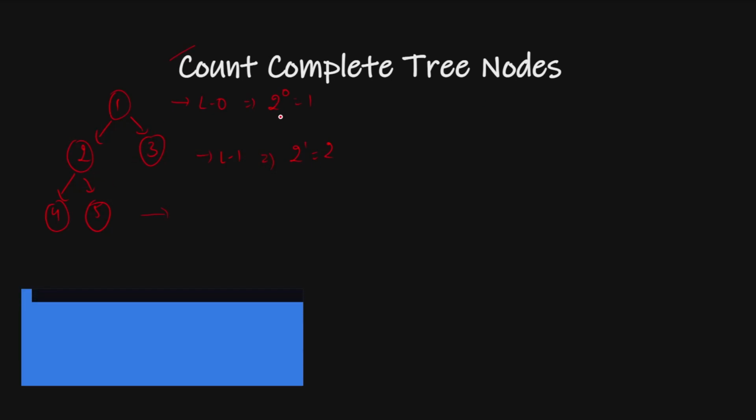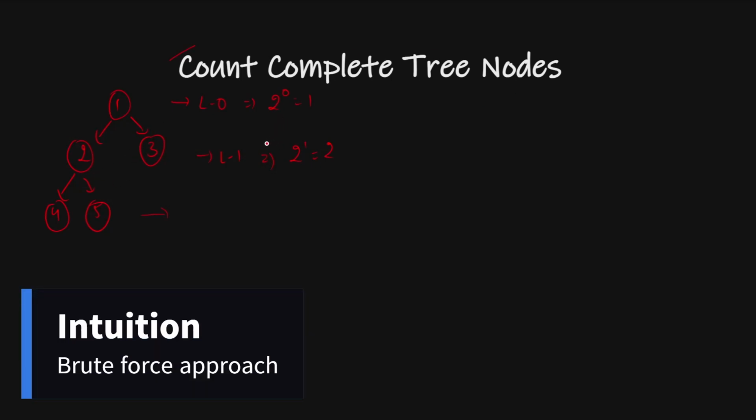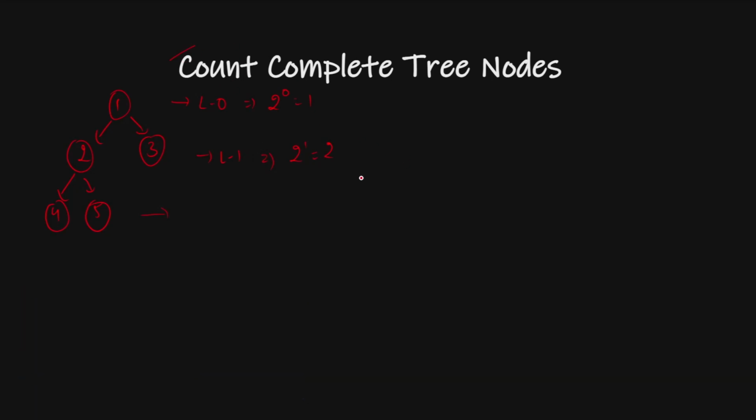So how can we find this? The very first solution is how we generally find it for a binary tree. It is very simple. First of all, we calculate how many nodes are in the left, and then how many nodes are in the right, and then we add 1. Let's say the number of nodes on the left is L and on the right is R, then I can say the total number of nodes in my complete binary tree will be 1 plus L plus R. I hope it is very simple. Now let's check out the code.